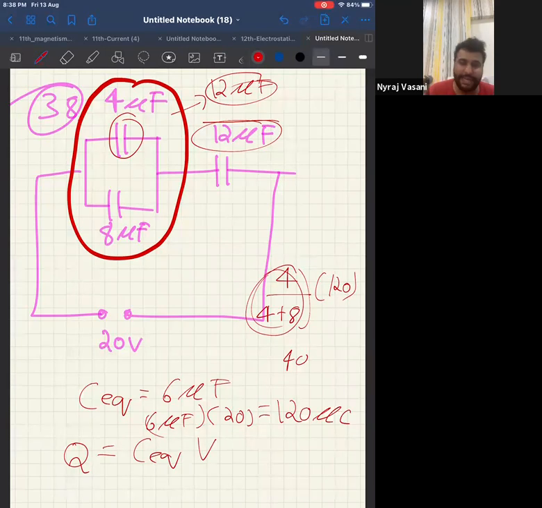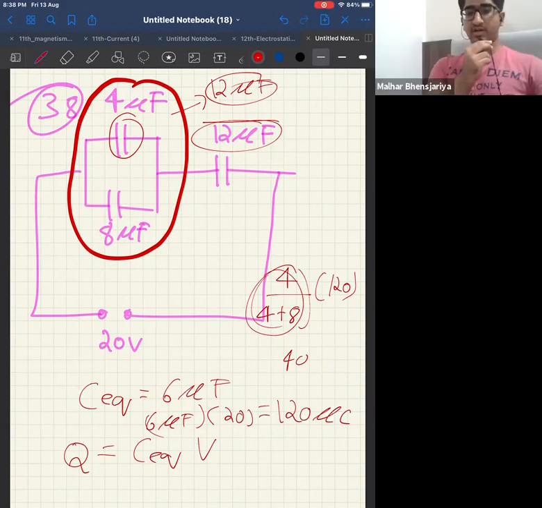My question is, this is the actual way to solve it. Can you tell me the logic, or can you tell me a direct way to solve it? After this, 4 and 8 gives 12. So same amount of voltage will go in both the capacitors. So 10 volt will go in the parallel combination. And since the same voltage will go, then Q is equal to CV, 4 into 10. Correct.